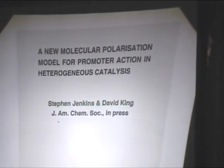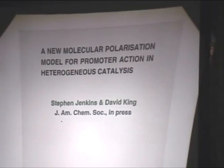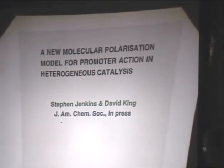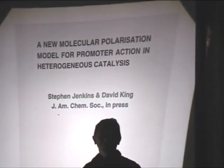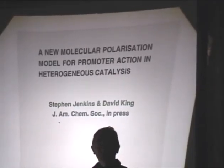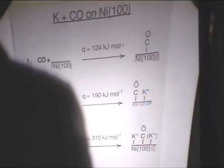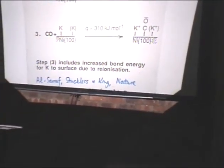It's about to be published in JACS, and it's a piece of serendipity. We happened to find that there was a system that formed a very well-ordered structure, a co-adsorption system of CO plus potassium, and this enabled us to do a detailed analysis of both the structure and the electronics of that system. Now, just to place this in context, I'm sure you're all aware that if you co-adsorb potassium and carbon